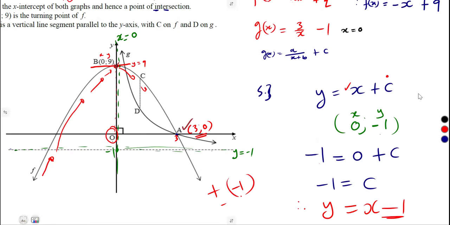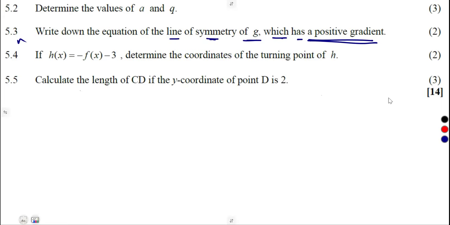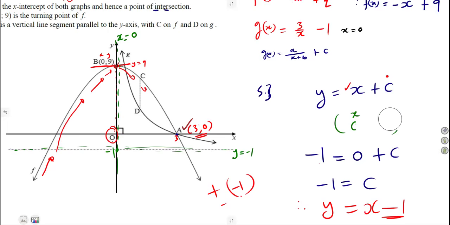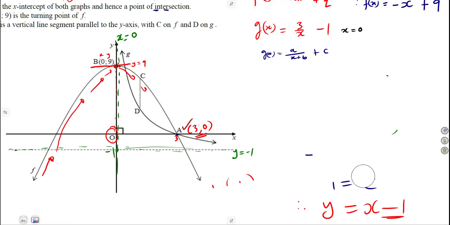So that was actually a straightforward question that we were given there. Just have to revise as many questions as possible. 5.4, if h(x) is equal to minus f(x) minus 3, determine the coordinates of the turning point of h. We are given there to determine the coordinates of the turning point if we are given a certain function of h(x). So first of all,